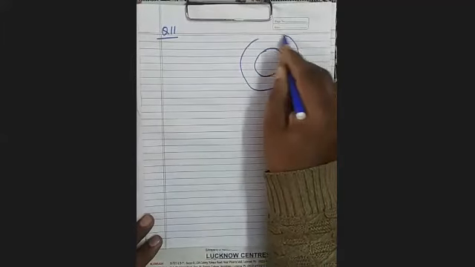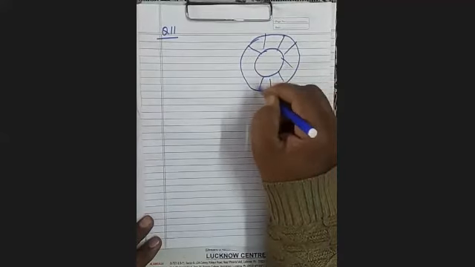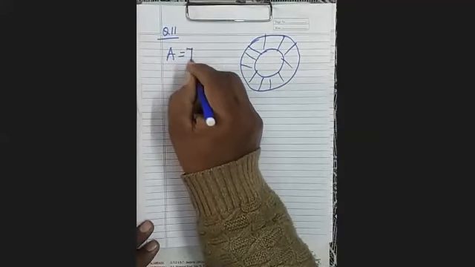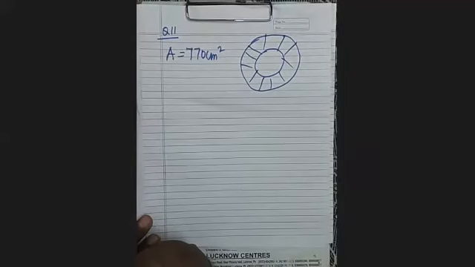In the first figure given below, the area enclosed between the concentric circles. These are the 2 concentric circles. And this area is given as 770 centimeter square. Given that the radius of the outer circle